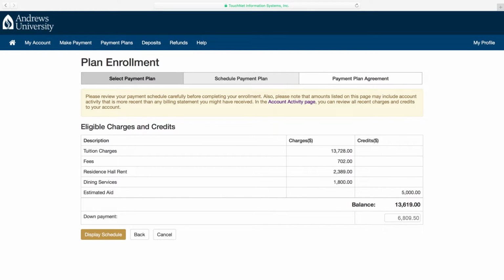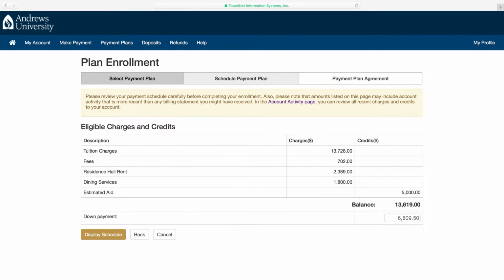On the next screen, review your payment schedule. Note that amounts listed on this page may include account activity that is more recent than your last billing statement. In the Account Activity page, you can review all recent charges and credits to your account.